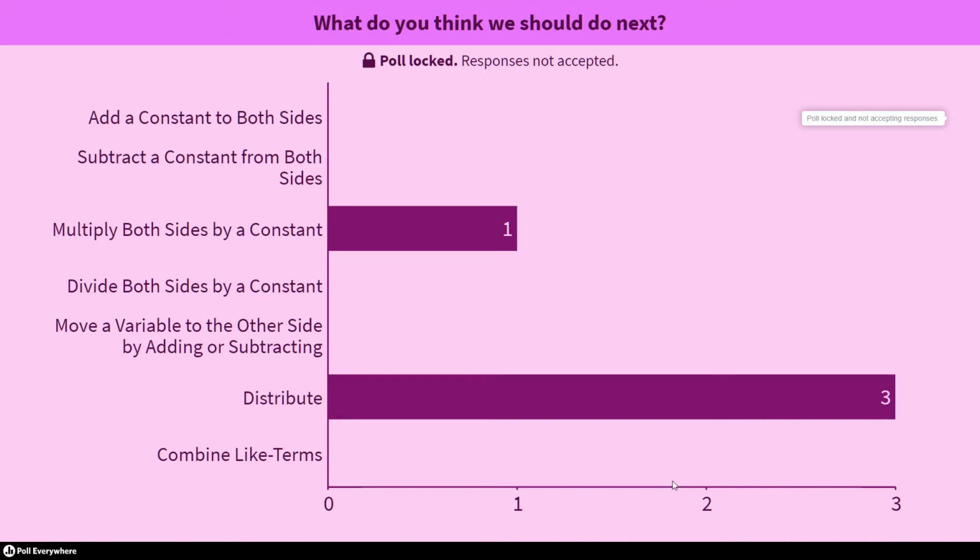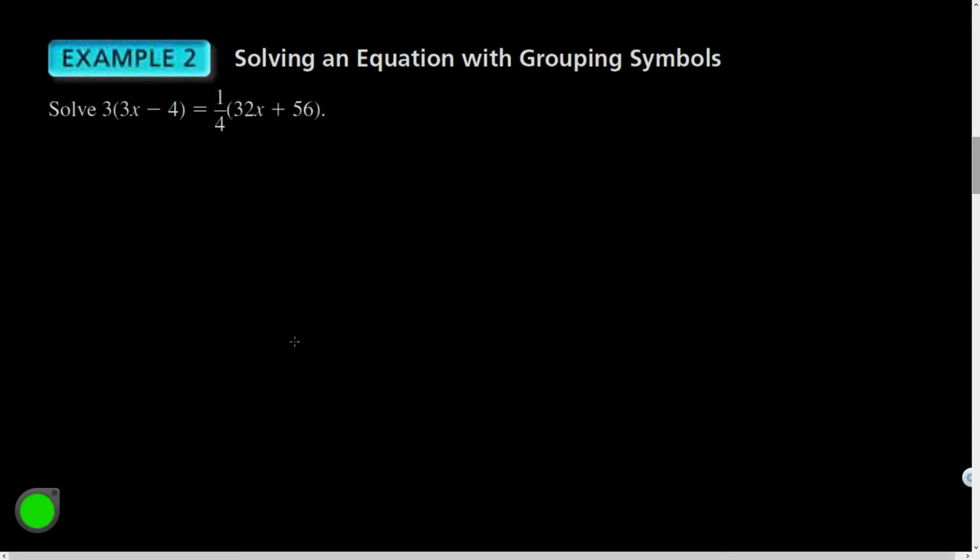Now, technically, whoever said multiply, distribution is a type of multiplication, but, oh, you could, if I, guys, wait. If I multiply both sides by this denominator, I could actually kill the fractions outright. But I'm guessing that's not what they were thinking about. The correct move is distribute